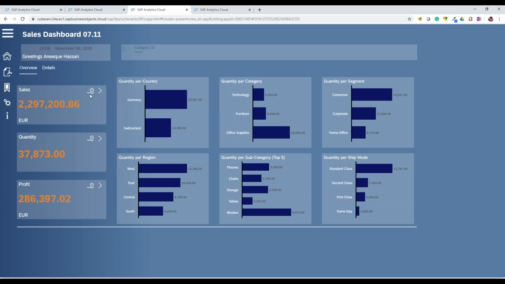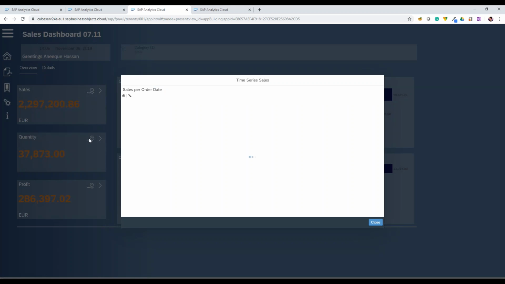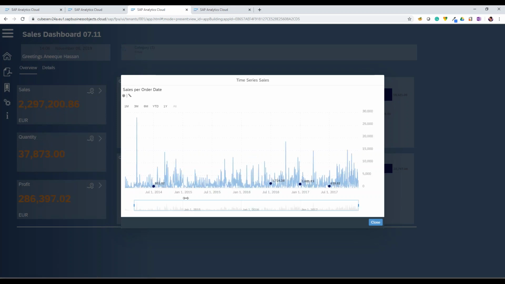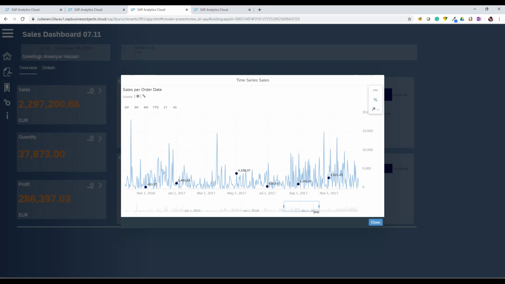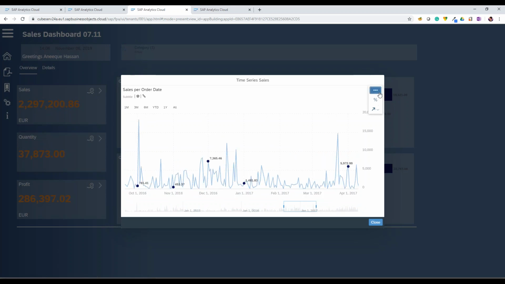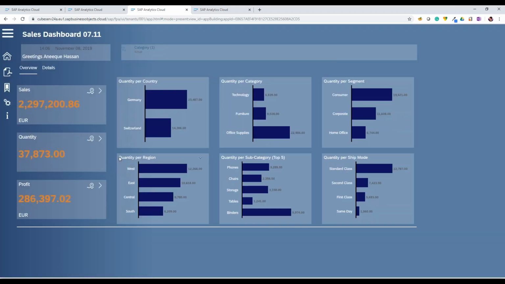A further possibility is that we can click on this time series icon, or this clock icon, and then the application will show us a time series graph for the currently clicked KPI, which is a standard feature from SAP. And here we can further do our time series analysis as per our requirement. What we can do over here as well is the export function, which is also a standard SAP functionality, or add forecasts to this application. Then I'll close and go back.